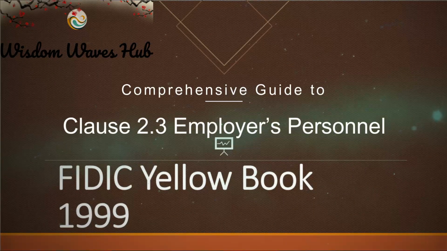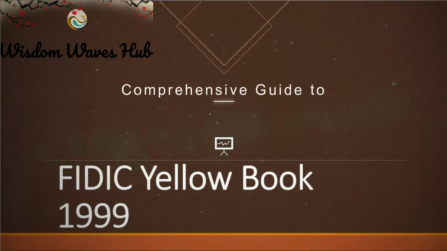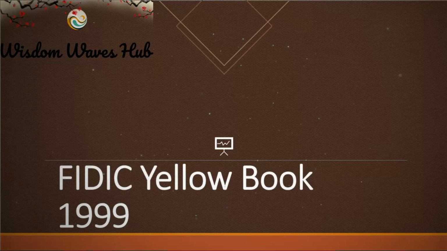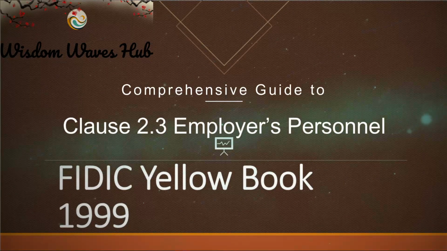In conclusion, Clause 2.3 of the FIDIC contracts is a testament to the importance of clear roles, responsibilities, and communication in the world of construction contracts. It ensures that both the employer and the contractor are on the same page, leading to a harmonious and successful